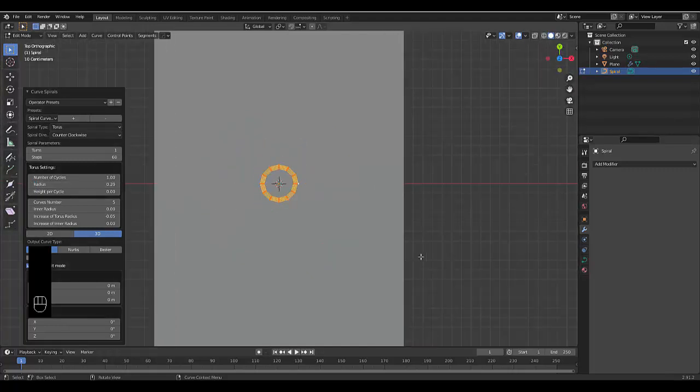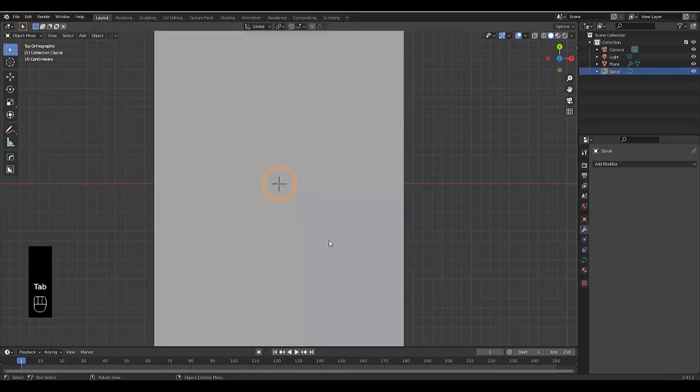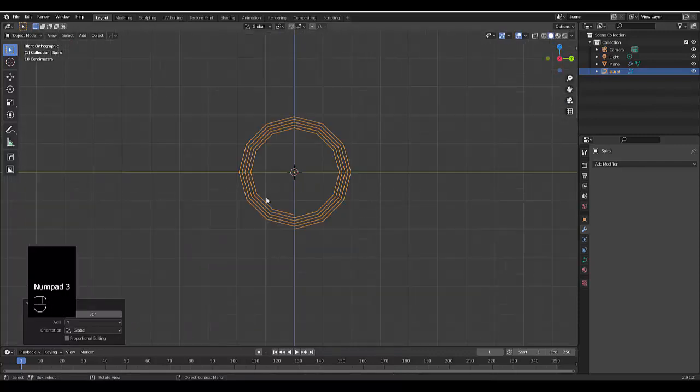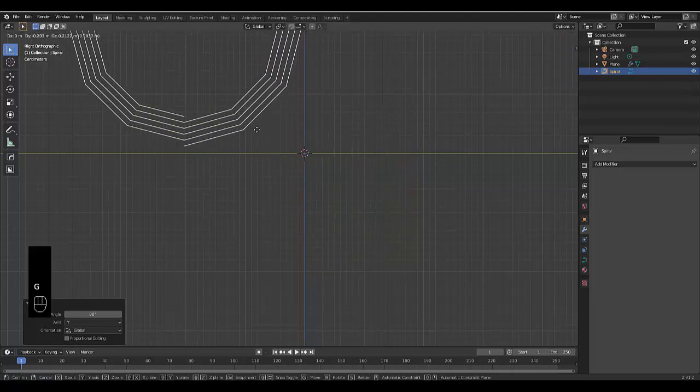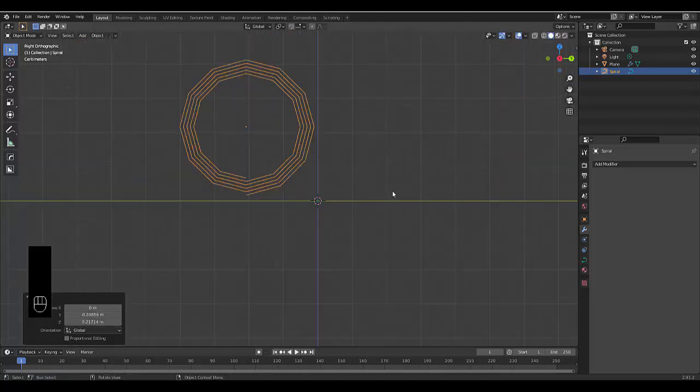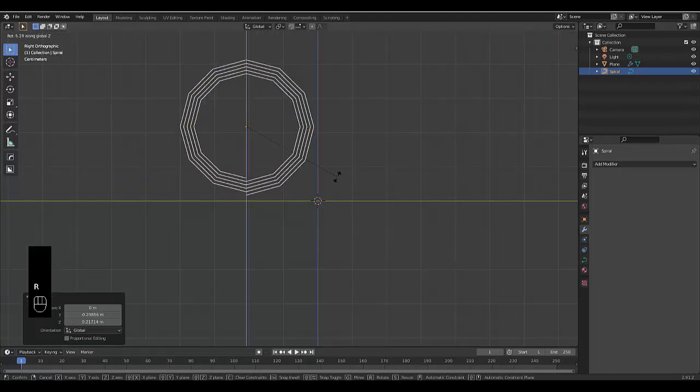We are done. Now you can press Tab, go into object mode, press R to rotate this, Y on the Y-axis 90 degrees, numpad 3 to see, zoom in, press G, and just drop it over here for now. Press R, Z,